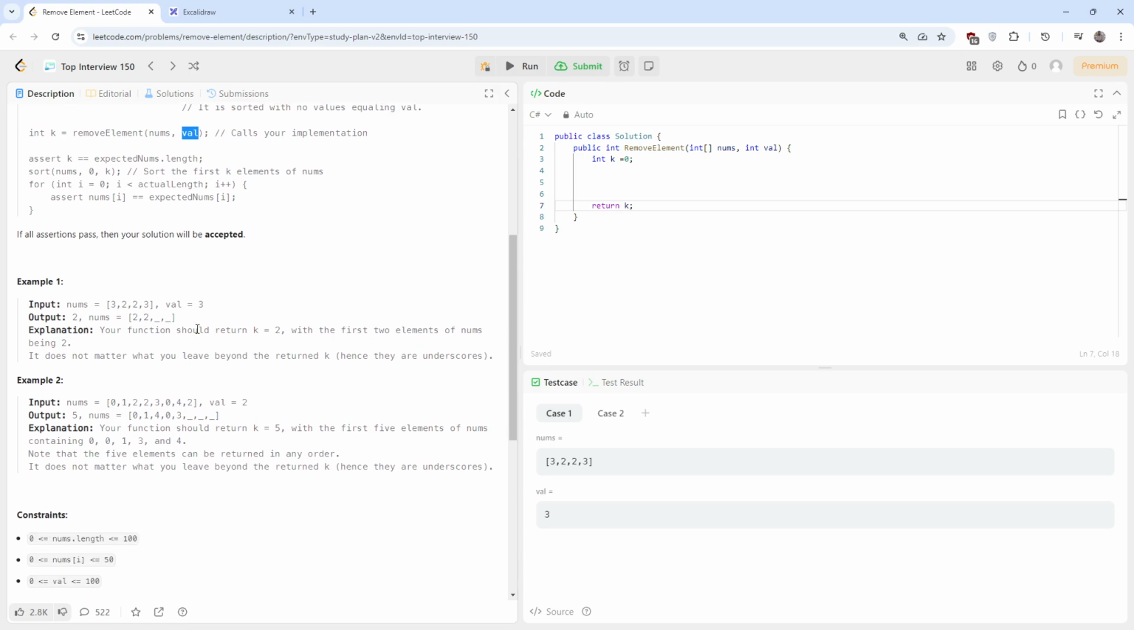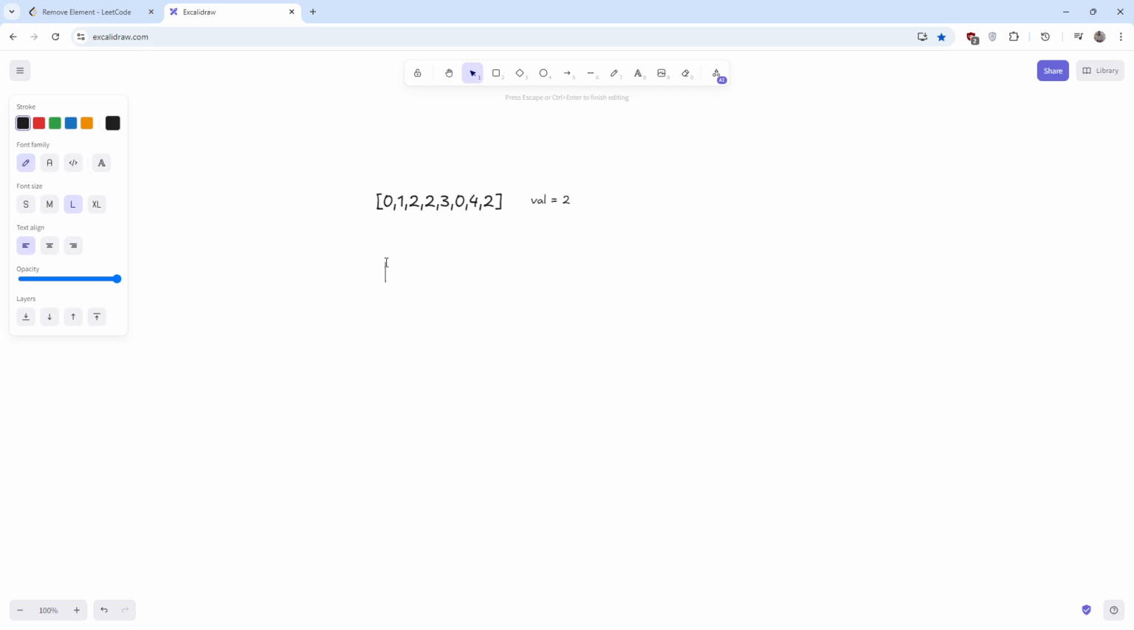Okay, so if you look at the example, we're supposed to return how many values we remove, but we also have to make sure that the remaining values are at the front. So the basic idea for this one is we have an element k, and we just want to check if